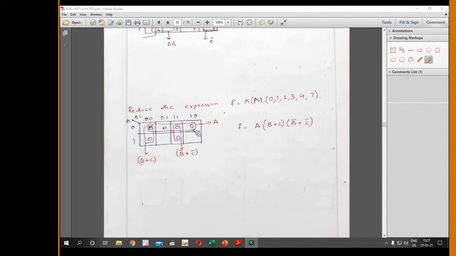So these 4 are arranged row wise. Since M0 is adjacent to M1, M1 is adjacent to M3, M3 is adjacent to M2, M2 is also adjacent to M0. Hence, because M1 and M3 are on the rightmost corner, M0 and M2 are on the leftmost corner, these are also adjacent since there is only one variable difference. So I could form these 4 row wise as a big square, and you could form a quad.